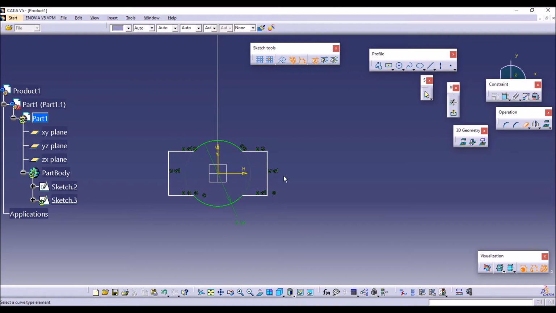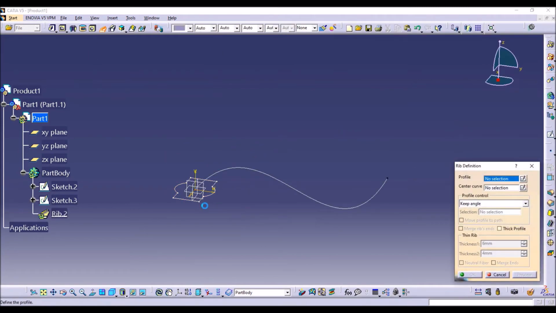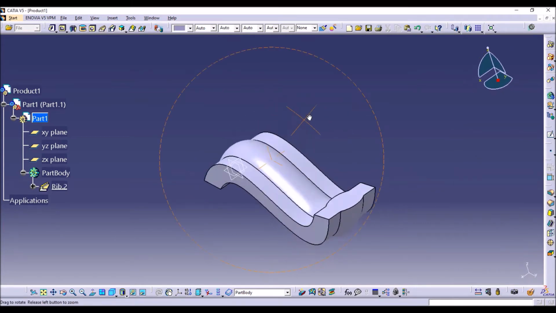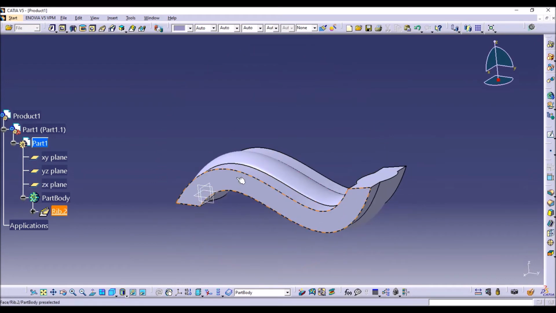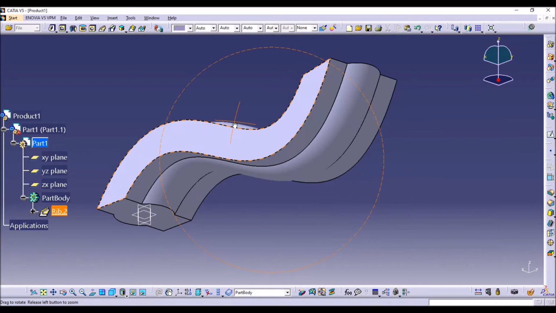So this is another profile. If I exit from the sketch, the rib will also be generated like this. Whatever sketch you have drawn for the profile, it will follow the curve. So this is how a rib is formed.